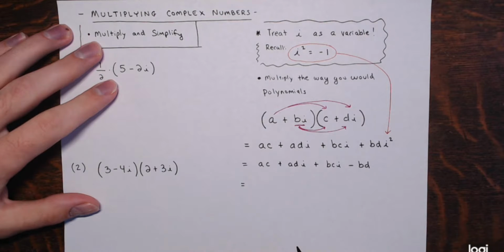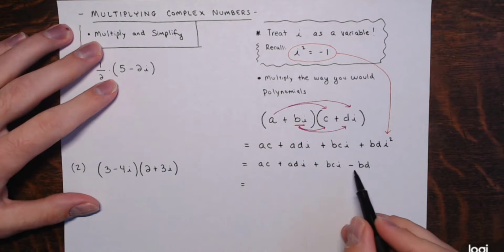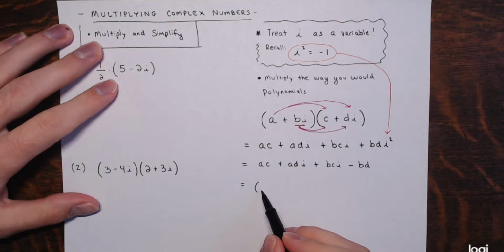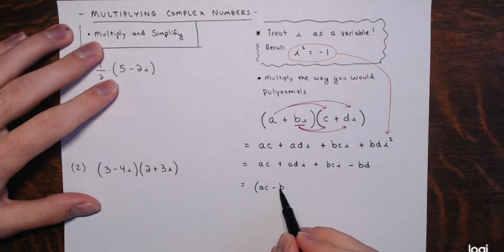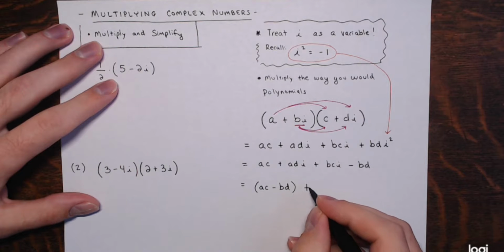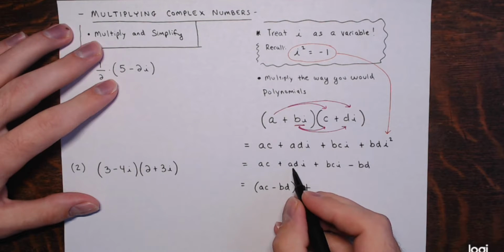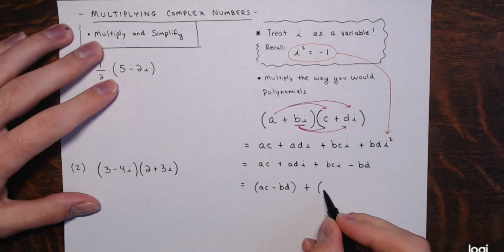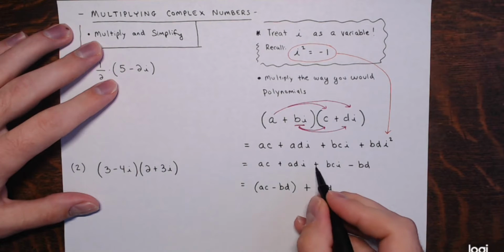And then you combine like terms, right? Combine real numbers with real numbers. So the new real number would be ac minus bd. This is the real term of the final result in standard form, right? You should have a real number plus an imaginary number at the end, right? In standard form for a complex number. Plus, and then combine the imaginary numbers, and just add their coefficients, right? You have ad plus bc